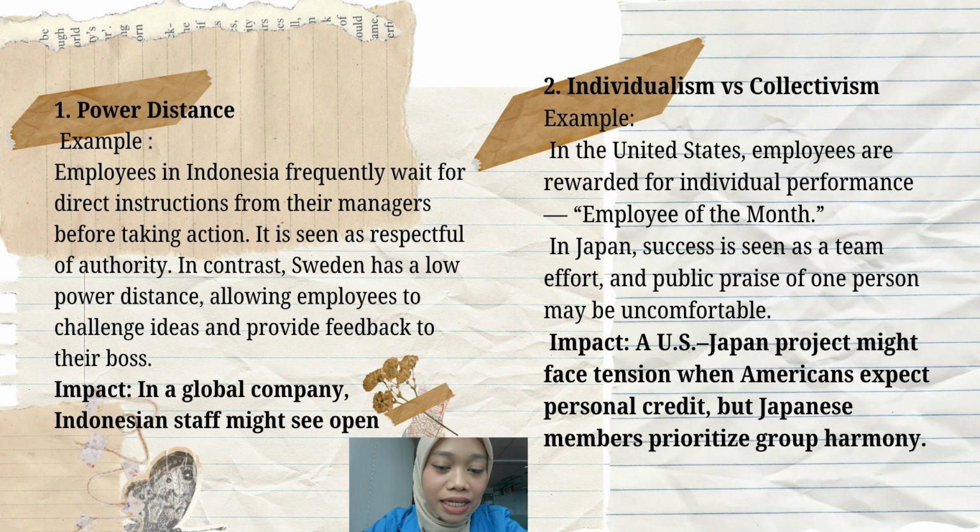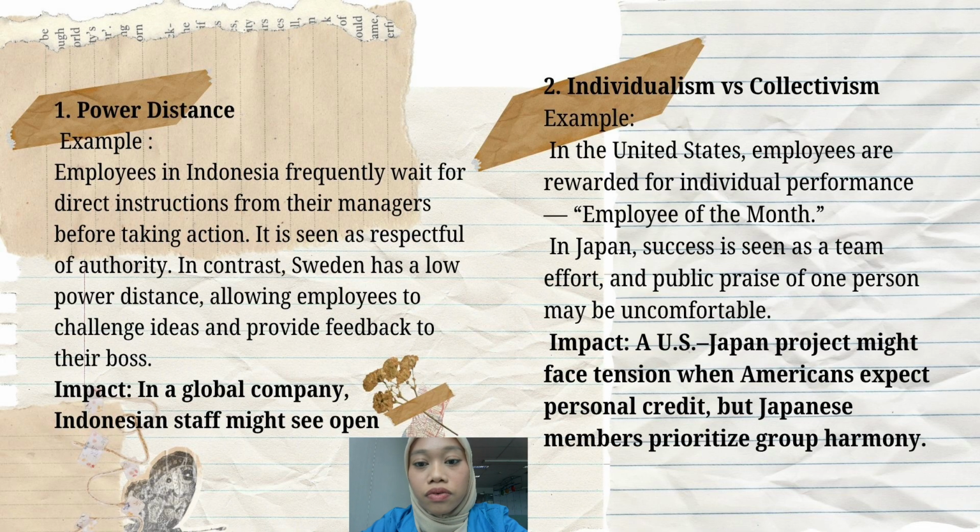So in the next 3 slides, I will give an example of each of the 6 dimensions found by Geert Hofstede. First is power distance. The example is that employees in Indonesia frequently wait for direct instruction from their managers before taking action. It is seen as respect for authority. In contrast, Sweden has low power distance, allowing employees to challenge ideas and provide feedback to their boss. The impact is that in a global company, Indonesian staff might see open